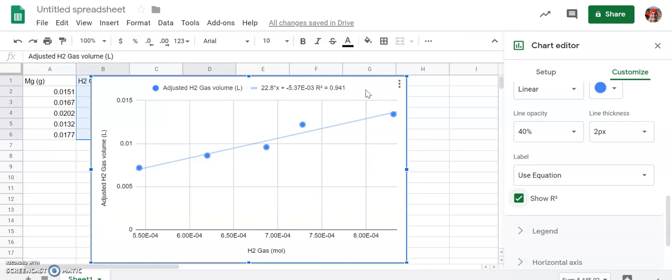Remember, accuracy is how close you are to the actual accepted value. In this case, the accepted value for a mole of hydrogen gas at STP is 22.4 liters. Our experimentally determined value for this data set is 22.8. Now, you're going to be asked in your lab write-up to calculate the percent error, and you'll find that percent error equation in your density lab from your course pack. It's basically just the accepted value minus the experimental value, divided by the accepted value, times 100, and that'll give us our percent error